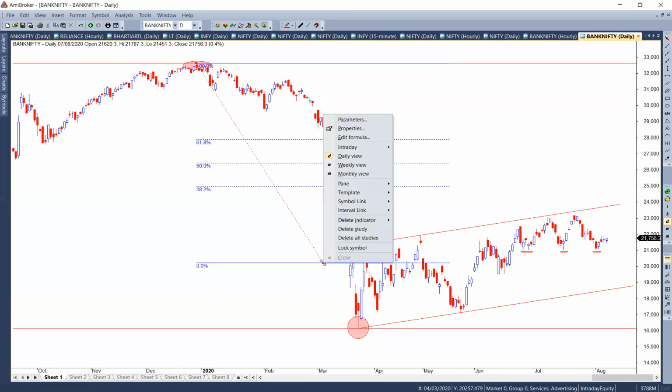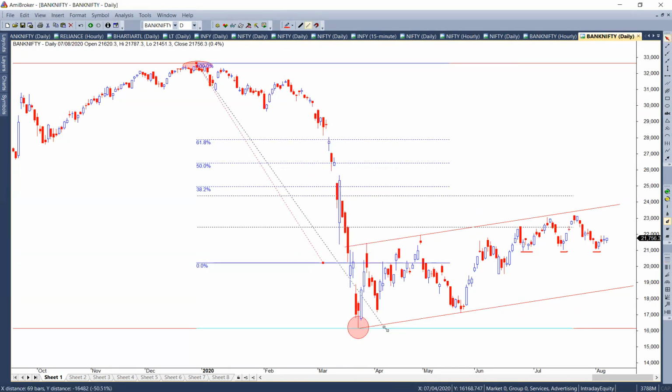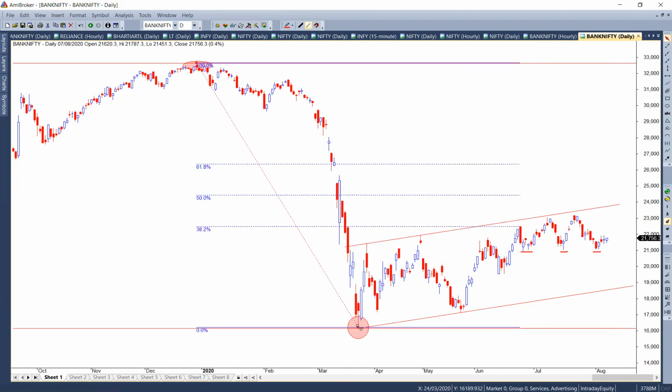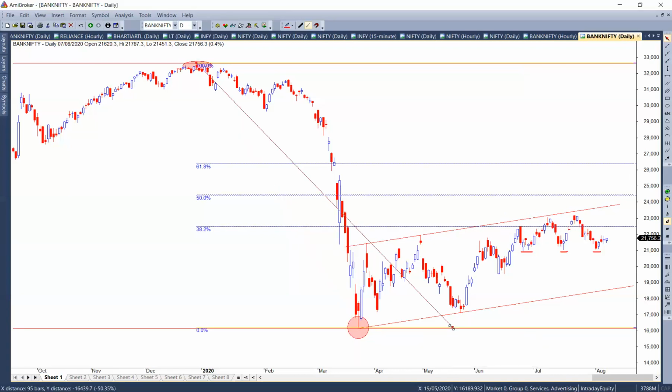So I'll simply drag it on the downside over here. This is the lowest point. Once I connect these, you can clearly see 38.2%, 50%, and 61.8% retracements as per Fibonacci. So these are small important retracement levels that you see on the chart.